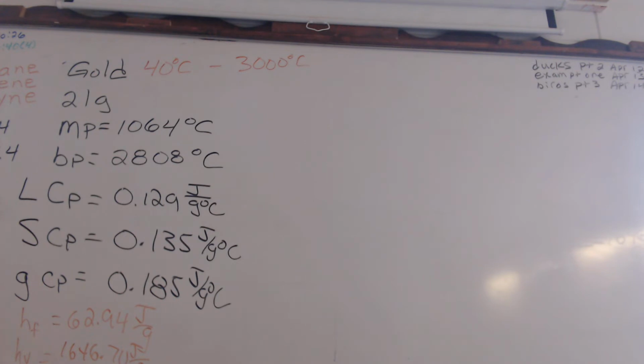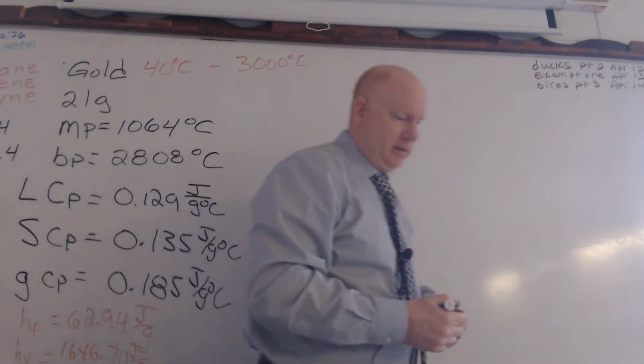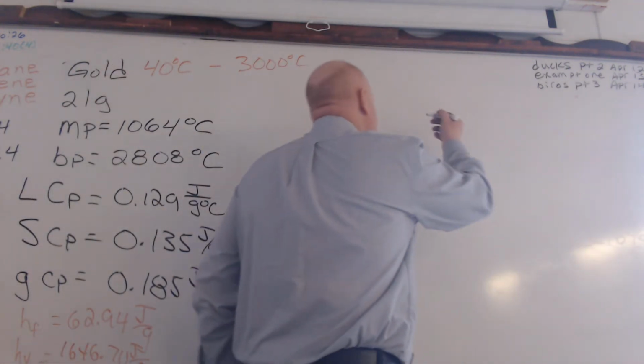Then you'd have to be given the melting point for gold is 1,064. The boiling point for gold is 2808. Liquid gold, solid gold, gaseous gold. These are your specific heats. Then here's your heat of fusion and vaporization. Okay, so just like you see on that table on page 436,